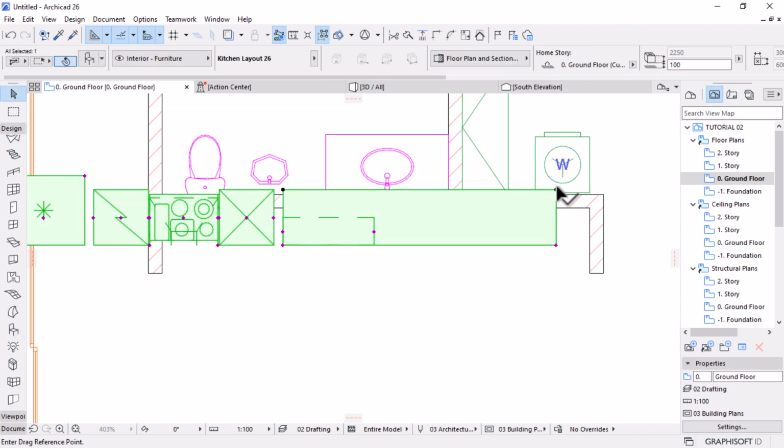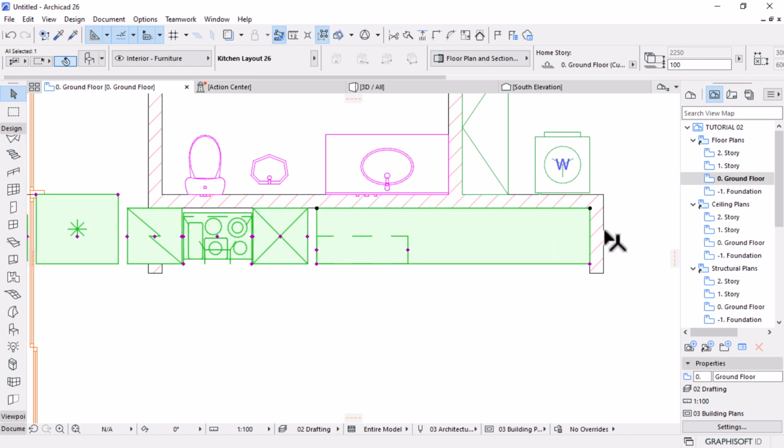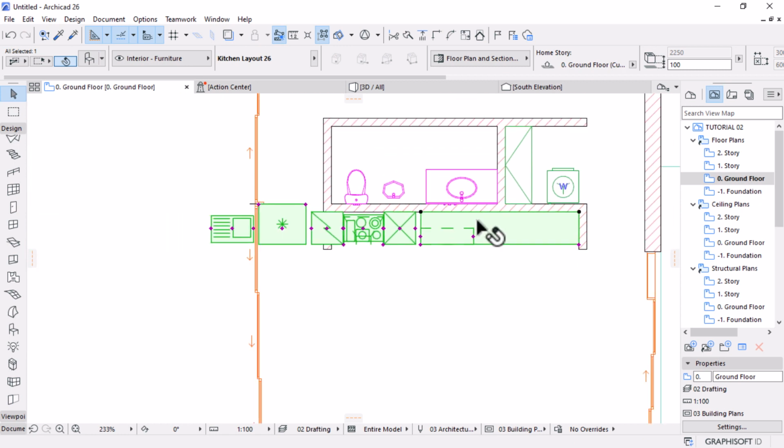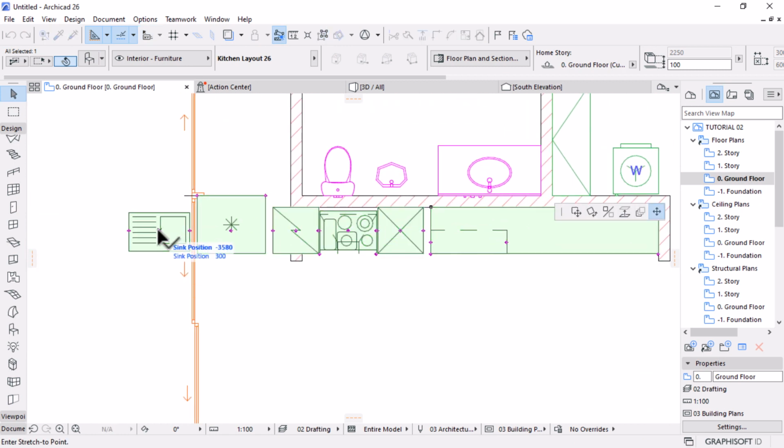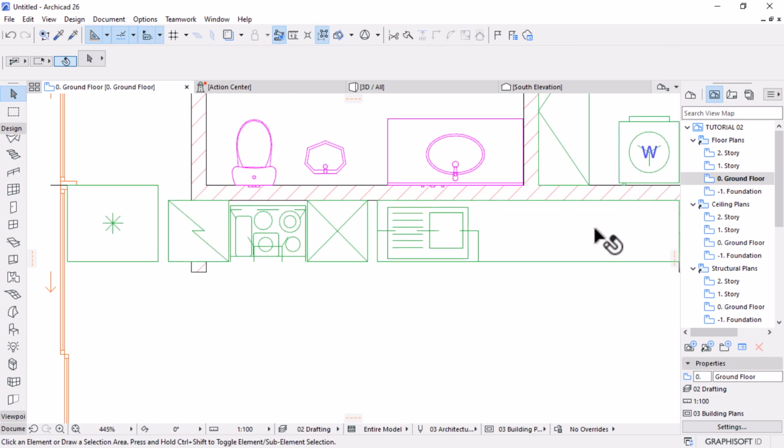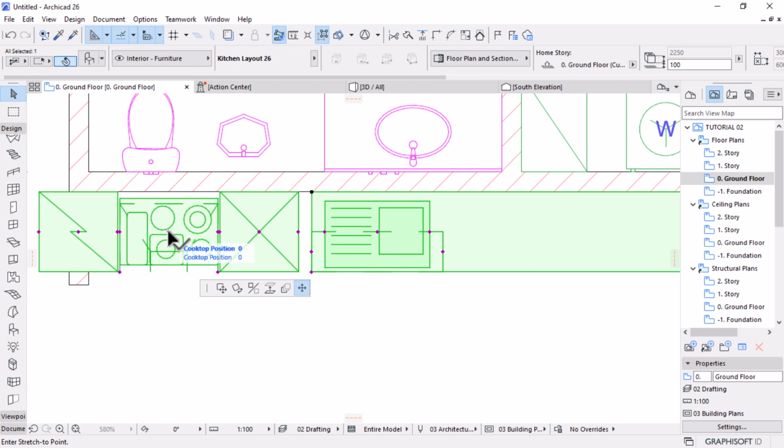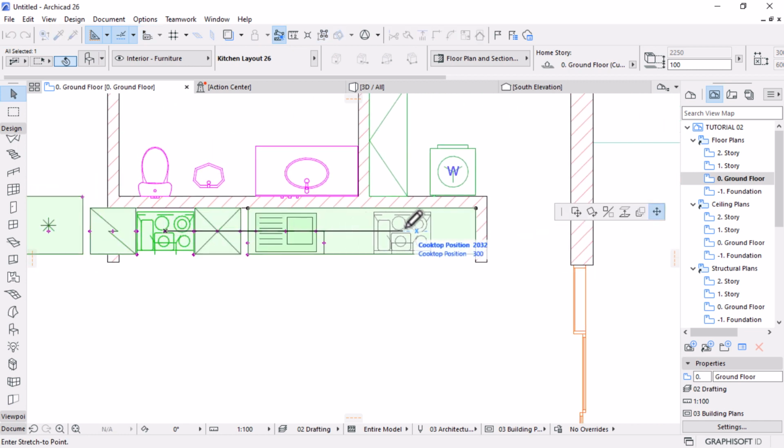I'm gonna Control D and move this to the corner there. This is the cabinet itself, this one, the entire one. And then what you need to do is to bring the sink on top of it under the tall cabinets, which is this. And then one thing I need to do again is to move the cook burner somewhere